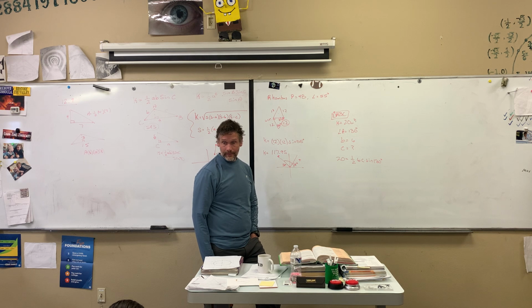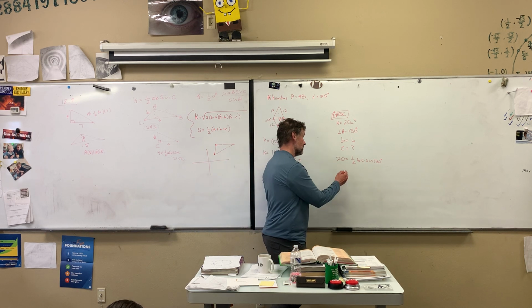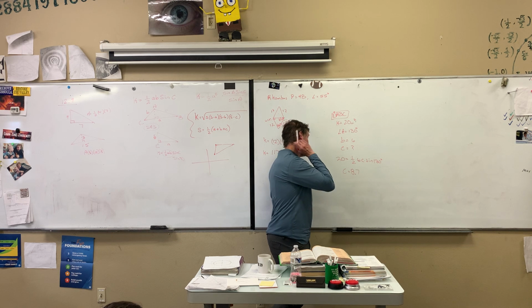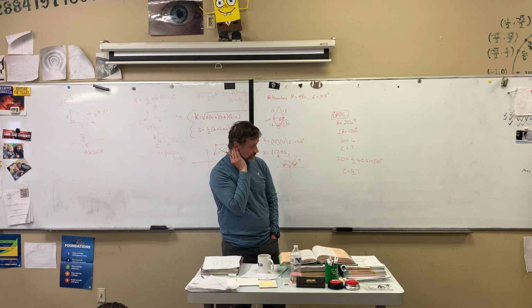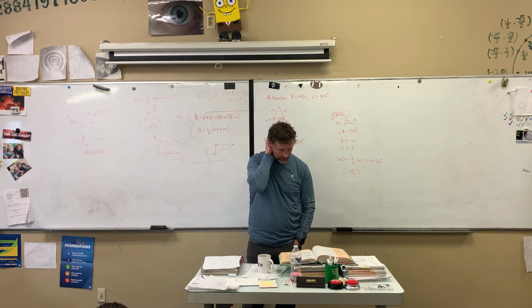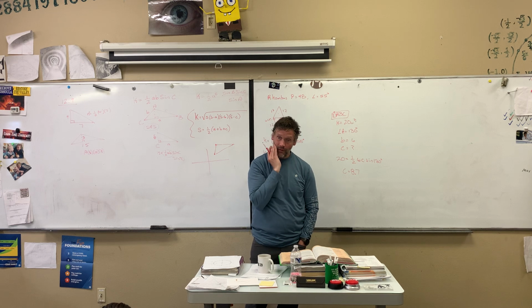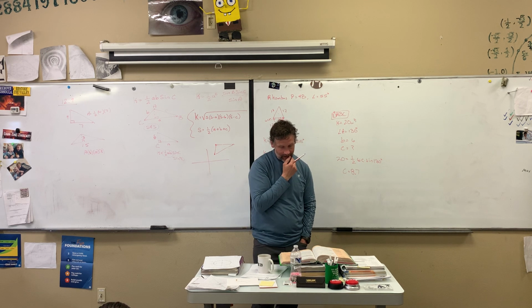So what do you get? 8.7. 8.7? Seems reasonable. I mean, if B was 6, 8.7 seems reasonable. Okay, I'm going to go with it. The book agrees with you. Okay,